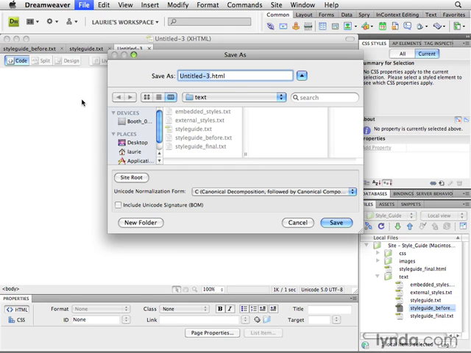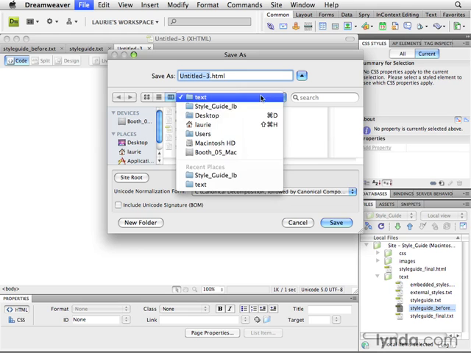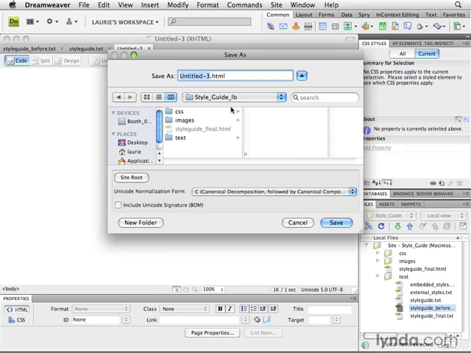Because we've defined our site, it went to the last place that we were working, but we don't want to save it into the text folder. We want to save it into our project folder. So go to your directory, look for your main project folder. Mine is Style Guide LB. And we're going to keep our HTML documents at the top level, right there in the main folder. We'll name this Meaningful Style Guide